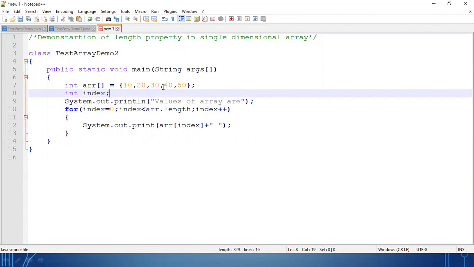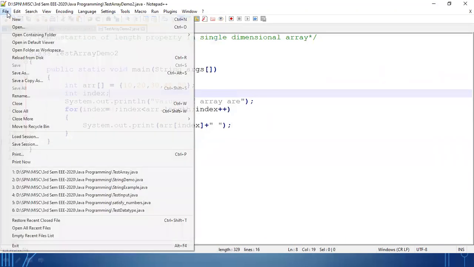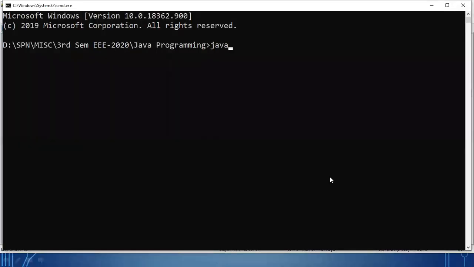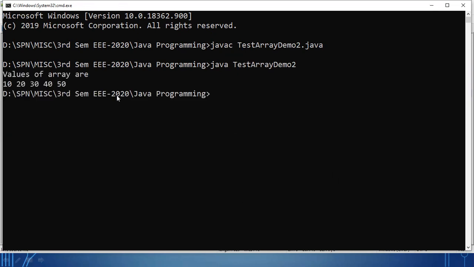I don't know how many values I have stored. So I am writing the array name dot length. Okay, by doing this, what will happen? Java C, compilation done. See, all the values are being printed.